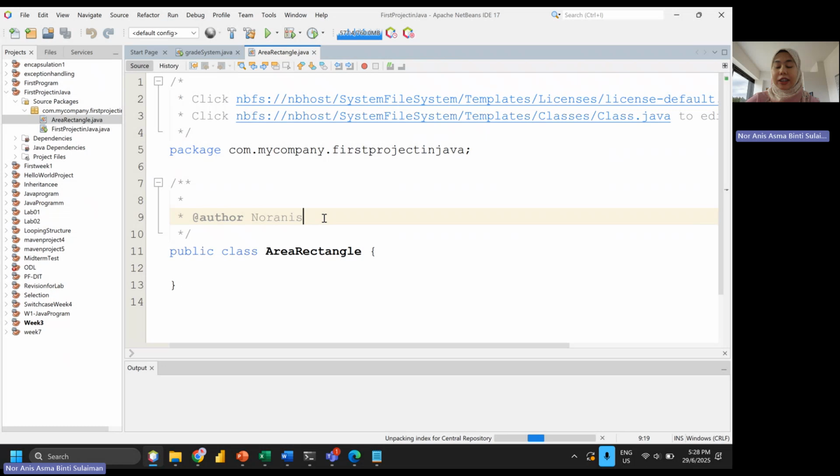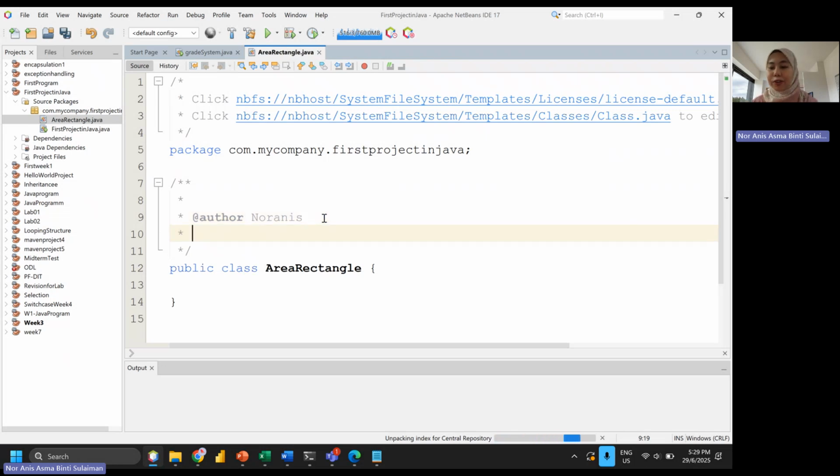A comment in Java is a reference for us as a user or as a programmer. It is like a dictionary for us about what to do in the next step, kind of like the algorithm. So you can put anything for your reminder or your reference. For example, over here I put the question name. Our case study is just simple, because this is the first project in Java: to calculate the area of a rectangle.